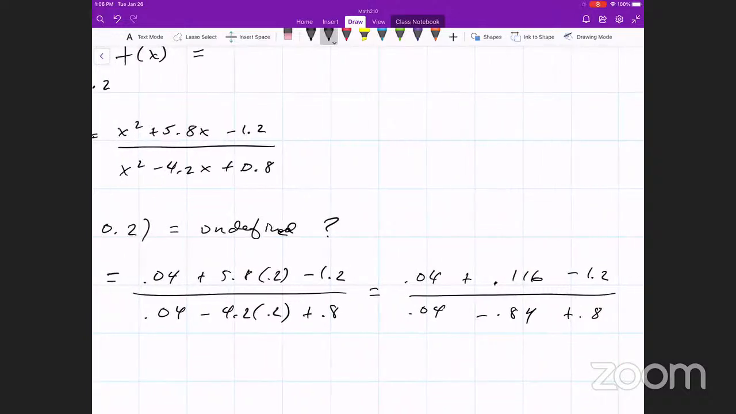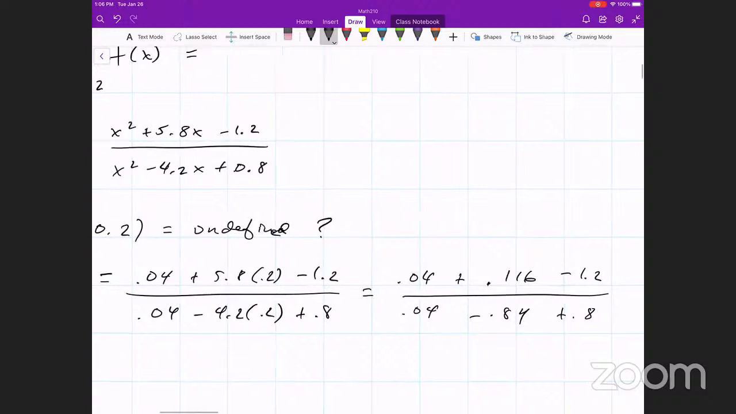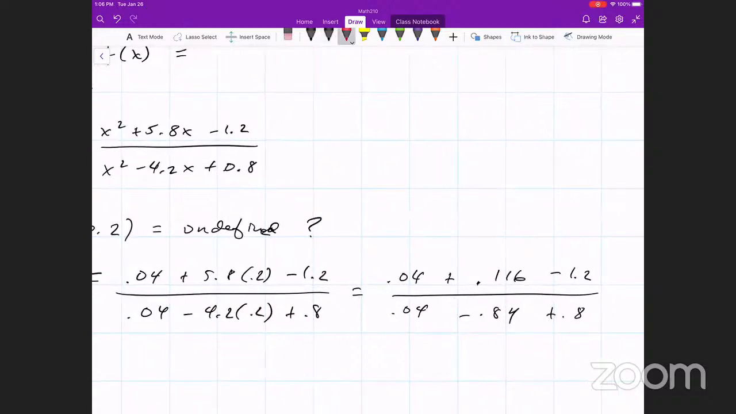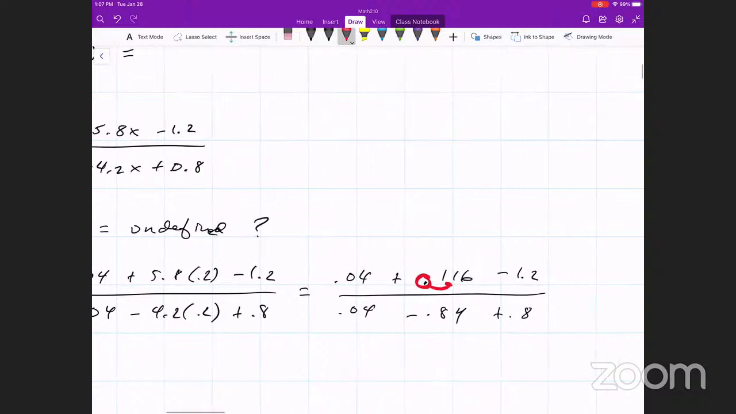Oh, 1.16? Yeah, thank you. Good catch. That should be right there. 1.16. Yep. That will make it better. 1.16 plus 0.04 is 1.2, minus 1.2 is 0 on the top, and 0.84 plus 0.8 is minus 0.04, plus 0.04